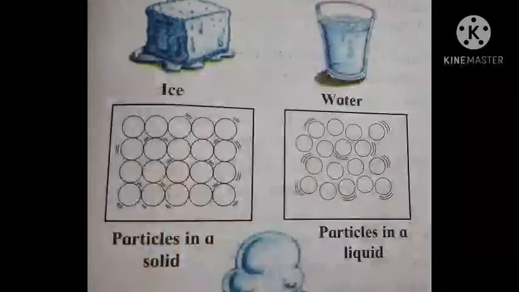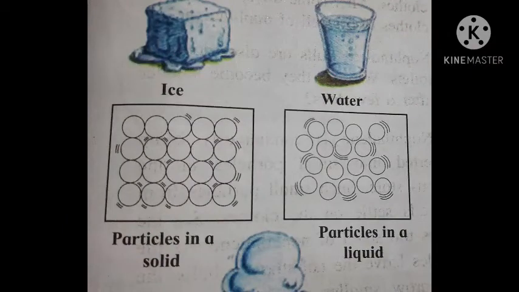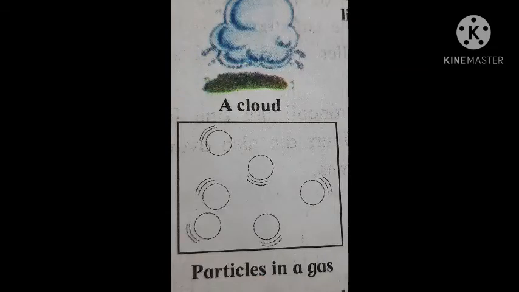Then let's look at the states of substances. Students, substances exist in three states: solid, liquid and gaseous. Here, the arrangement of the particles changes in each and every state. Arrangement of particles in solid, arrangement of particles in liquid, and here in gaseous. Let's see in the first picture how the arrangement of particles is shown. As a result, we see differences in the properties of solid, liquid and gaseous states.